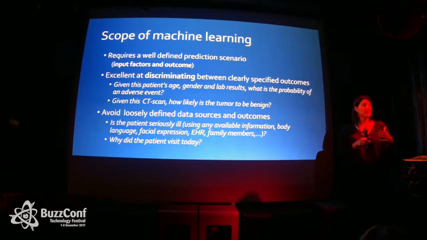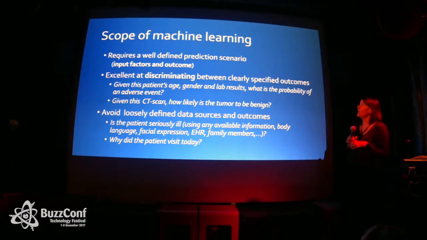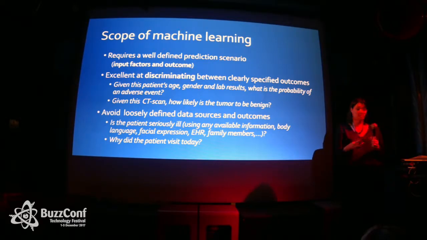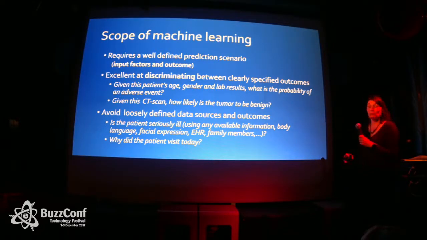If we're trying to make a decision like that, then we can build a model, because we have a very clear task that we can translate into the machine learning representation, or really a mathematical representation. We have an input, a set of input features, and we have an output variable, and that output variable has to be well defined. The machine learning algorithms are excellent at discriminating between clearly specified outcomes, and where they are less well specified, the algorithms start to have